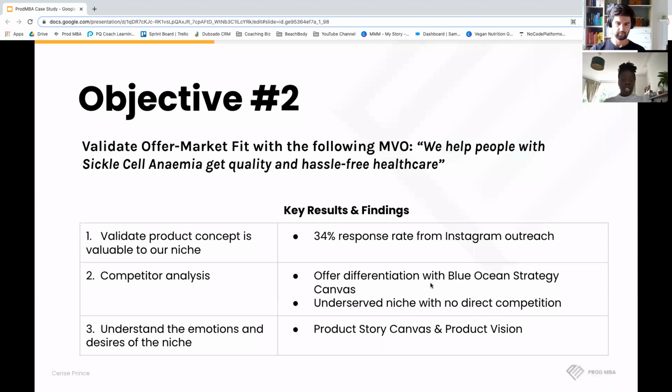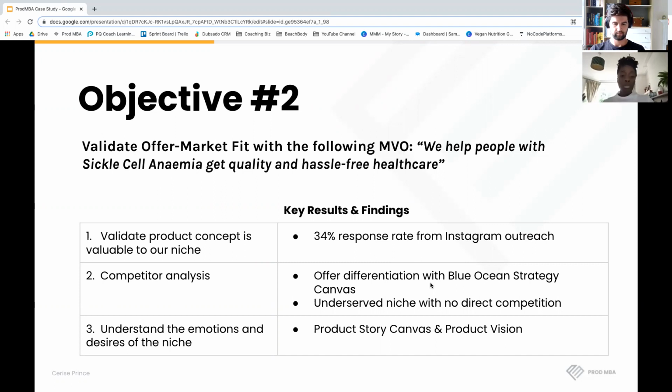The next objective was to validate that the offer was a good fit. The first MVO, minimal viable offer, we came up with was: we help people with sickle cell anemia get quality and hassle-free healthcare. There was a 34% response rate from Instagram outreach using that messaging, which I think was quite good. And by doing competitor analysis, creating a blue ocean strategy